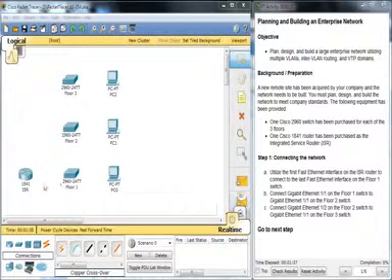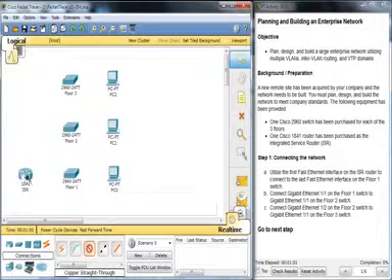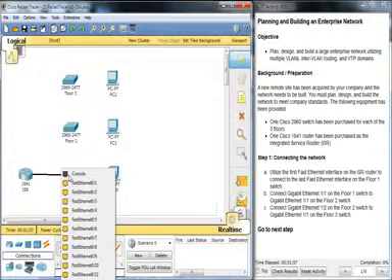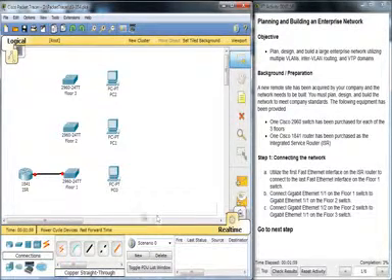ISR router, this guy here, to the fast Ethernet interface on floor 1 switch. Now, because those are two different types of devices, a router and a switch, we use a straight through cable, not a crossover cable. However, in the case of switch to switch, which is the next one we're going to do, we're